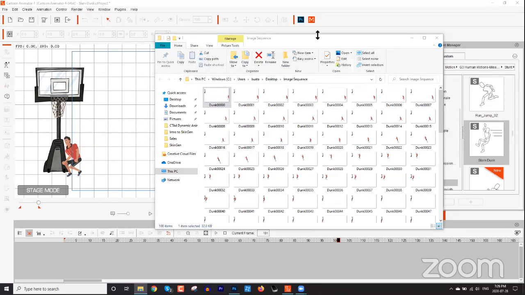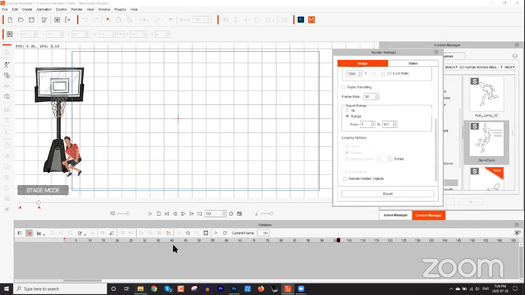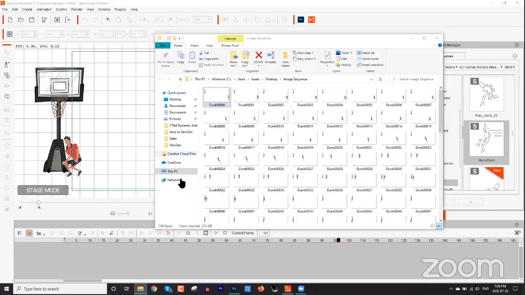Okay, so Chuck asks, does Animator 4 allow an option to add a video or movie layer to play behind the character, to guide by rotoscoping? Yeah, definitely. You can import a video easily into Cartoon Animator. There's a couple of various ways you can do it. I probably have some sort of